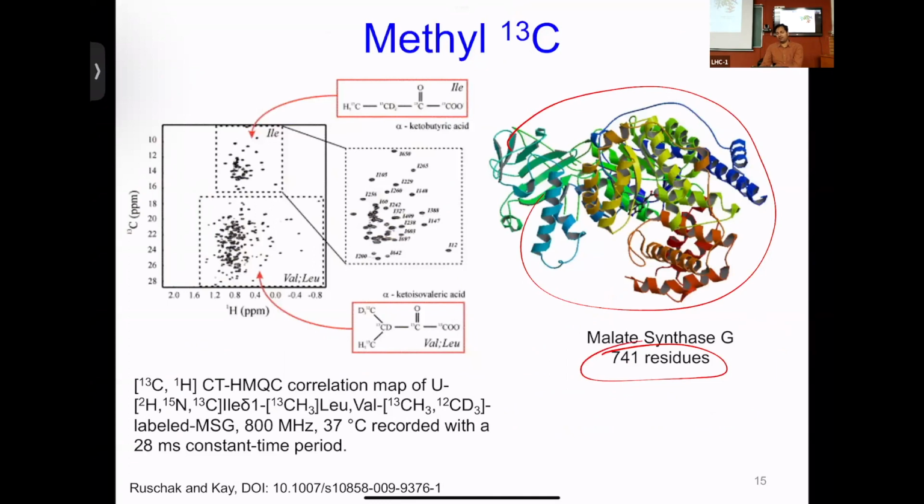It's called malate synthase G, MSG, a very well studied protein, which is getting close to megadaltons. Right? It's several hundreds of kilodaltons, about 0.8 megadalton. So NMR can also study very large proteins where we end up seeing the methyl groups, which are also effective reporters of what local structure exists within the core. Okay, with that, I would like to stop this lecture and ask you to go back and reflect